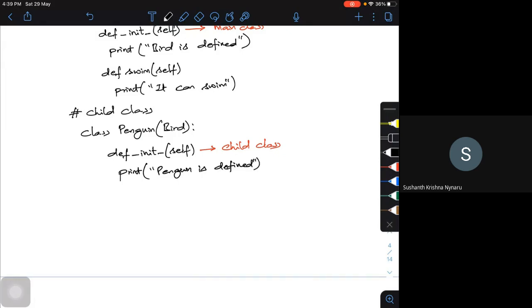Now, I want to call this function somewhere else, or maybe if I want, here I can have one more option. Here I can have run(self). I can have one more class method that says it can run faster, or it can run. That's it. Okay, it can run or something. I can define it. So I have two classes here.